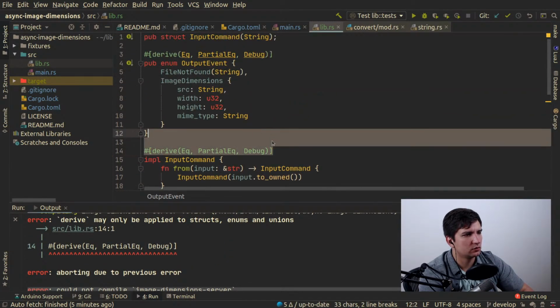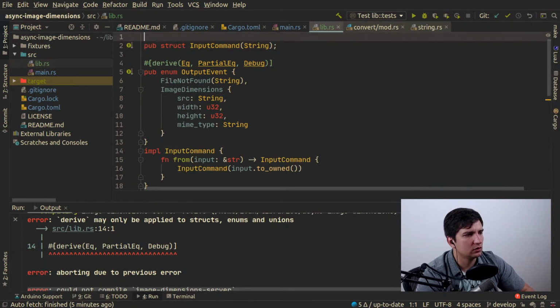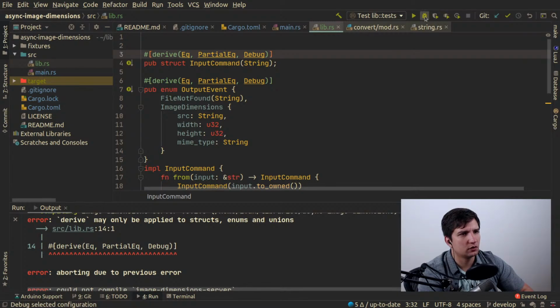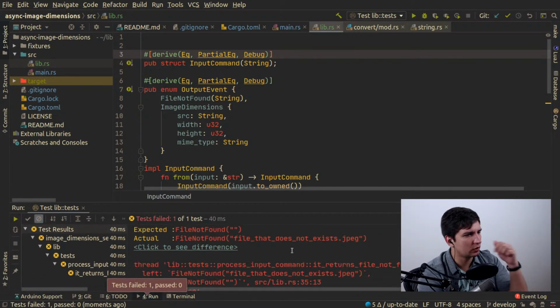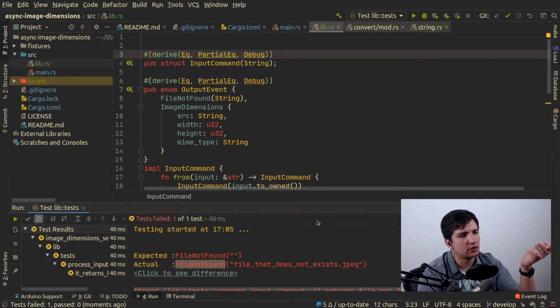Oh, it should not be on the implementation, it should be on the struct. Okay, good. Now it fails properly, and it tells us that the file not found doesn't equal file